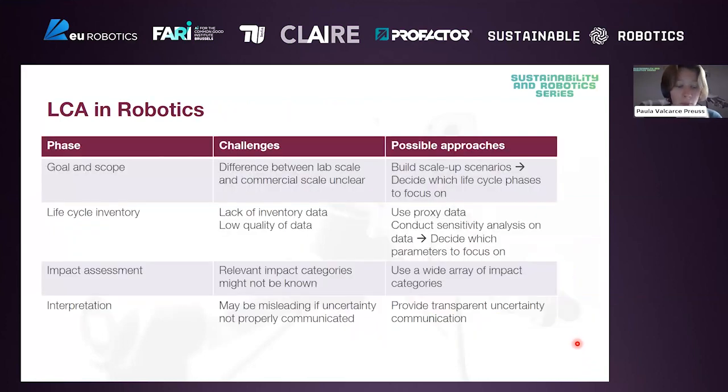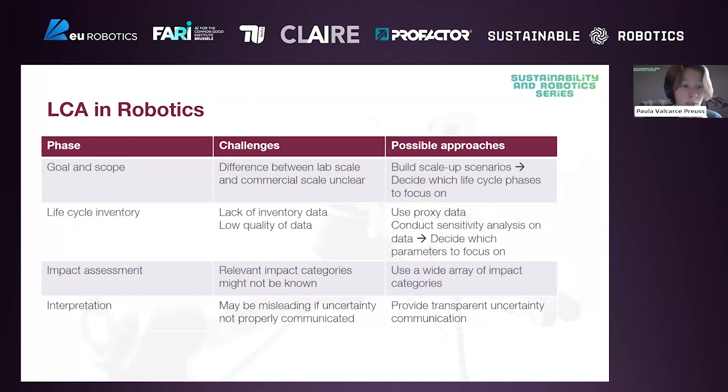Thankfully, there are methods to mitigate these uncertainties, though. So there is literature that focuses on how we can use this method, even if maybe we don't have all the information available about the product. So if we go back to the phases that I just talked about that are part of LCA, we